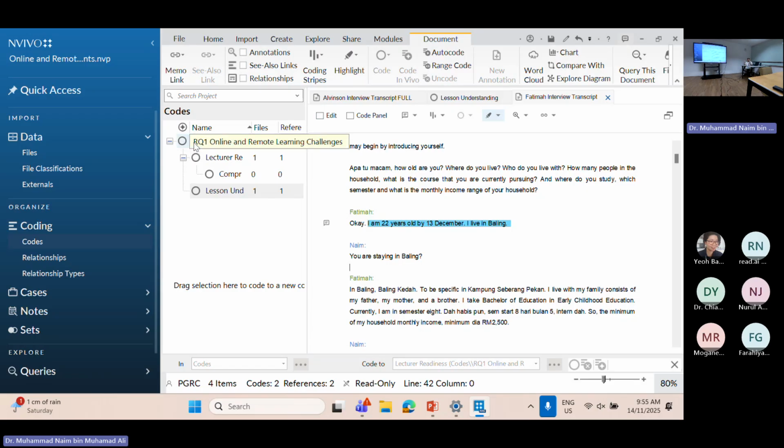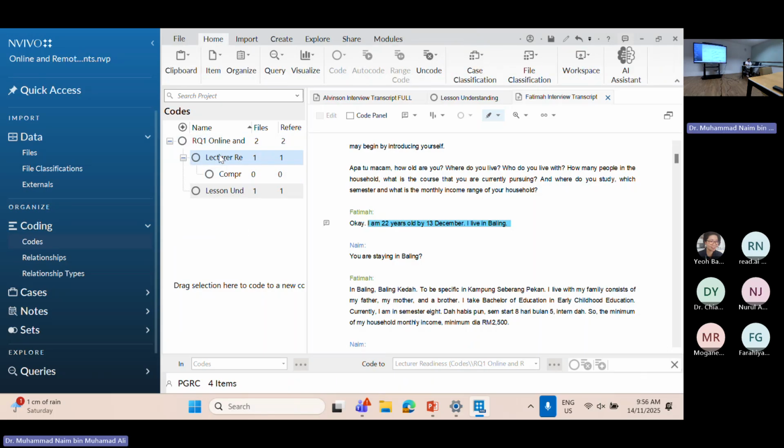The data can be your research activity, your research question. This is the parent, and this is a child. Parent and children.